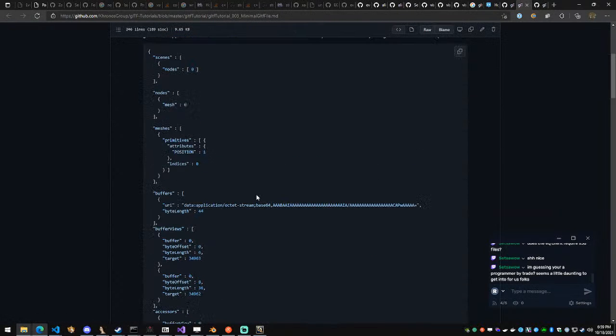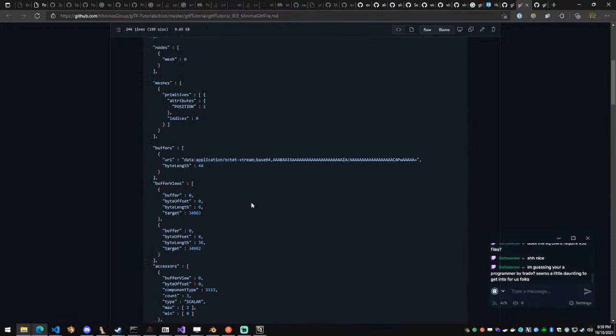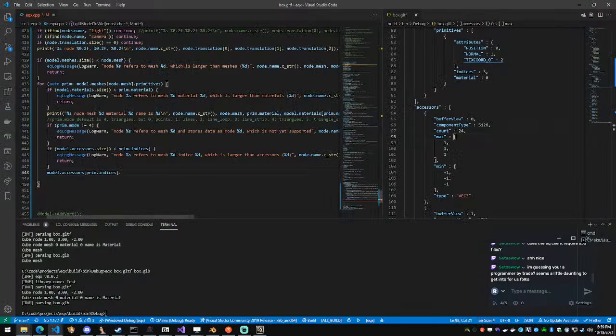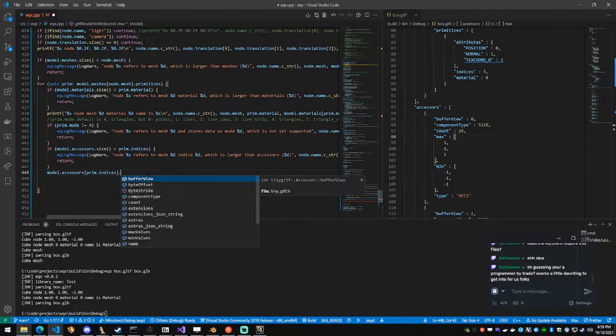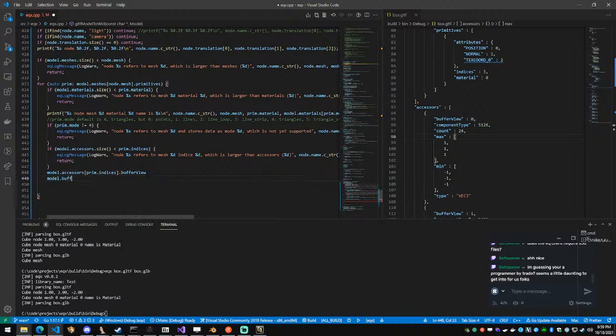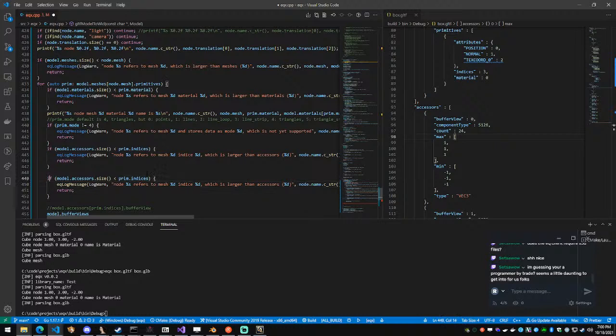This is just a quick example, probably just a cube, or even more, it's a triangle. And you'll notice that it still has a base64 string in the buffers. I'm curious what this gives us. So you can see it has a reference to buffer view. And if I go to buffer, does model... Yeah, buffer views. All right, so let's do another quick sanity check and see if buffer views has